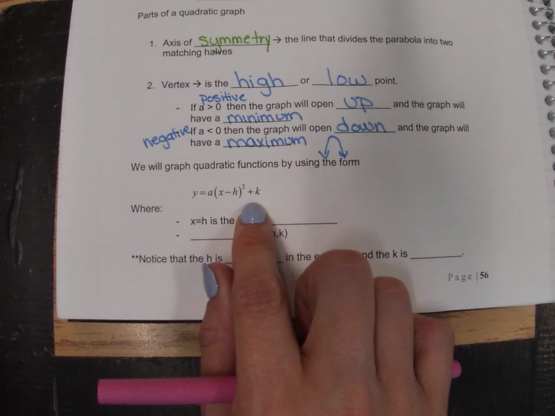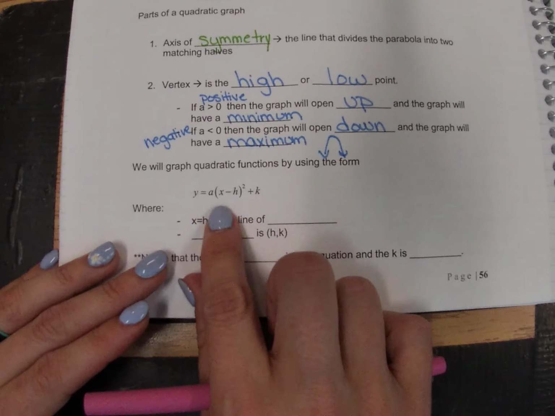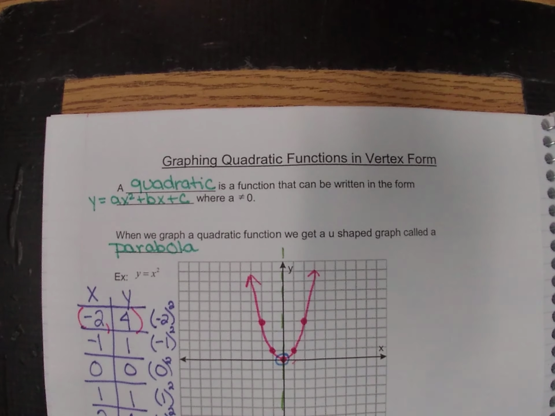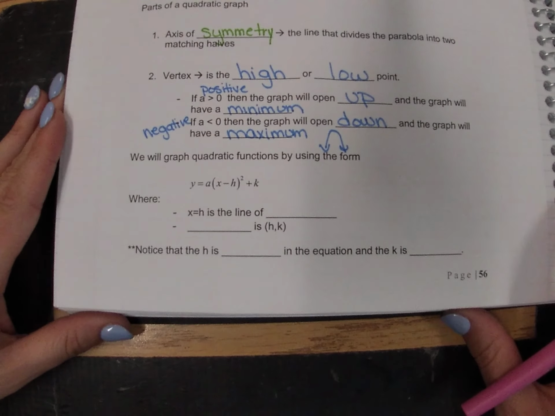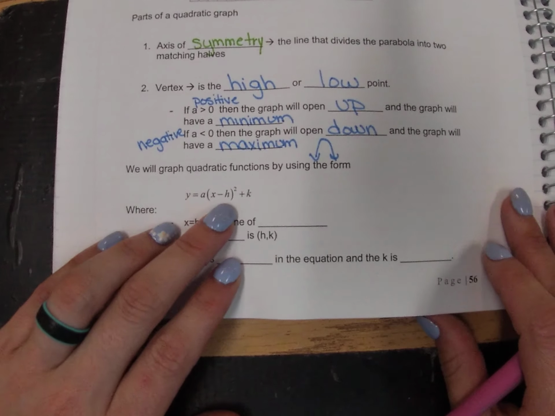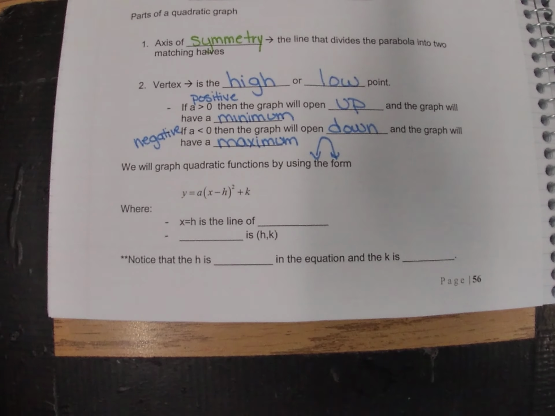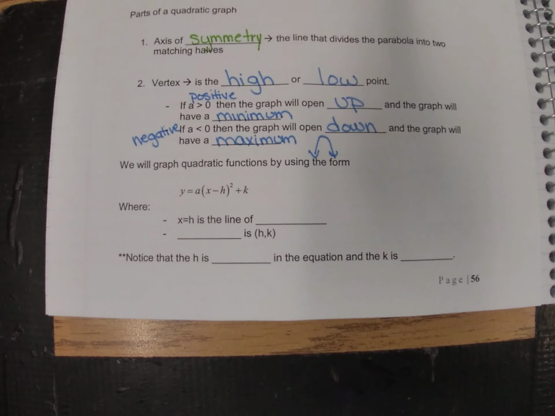So today we're going to be looking at quadratics in vertex form. So notice this form doesn't look exactly the same as this form. We are going to talk about it within this unit that we can go in between the two. But for right now, just like we can have slope-intercept form, point-slope form, standard form, we have the same idea that happens with quadratics. This particular form is called vertex form,